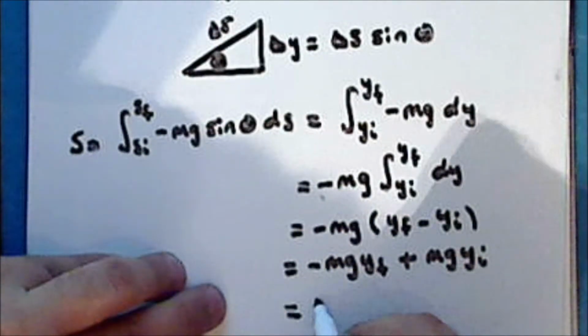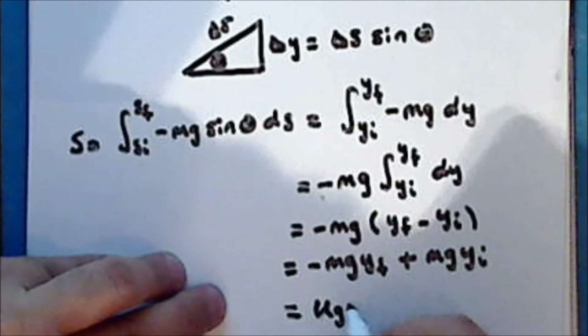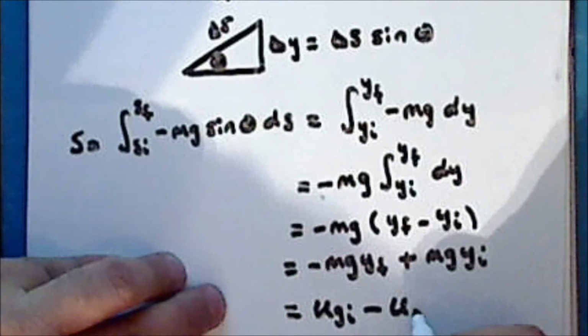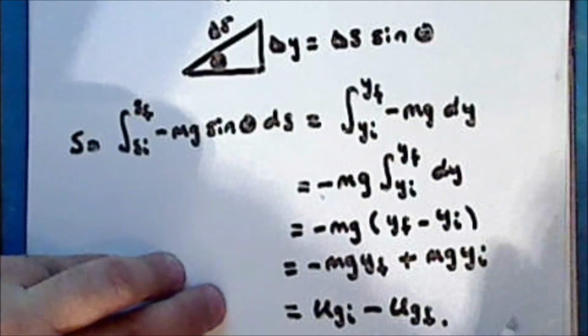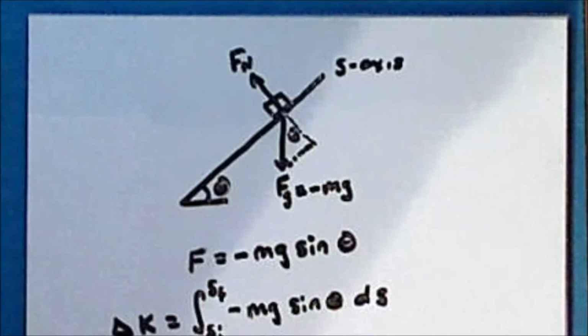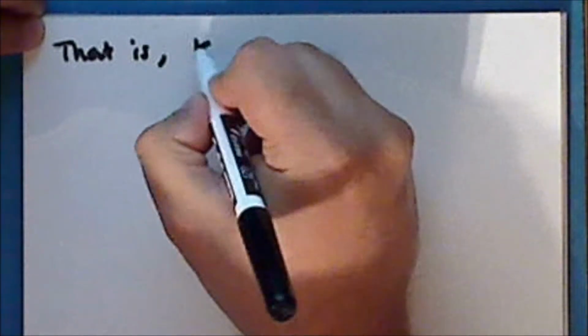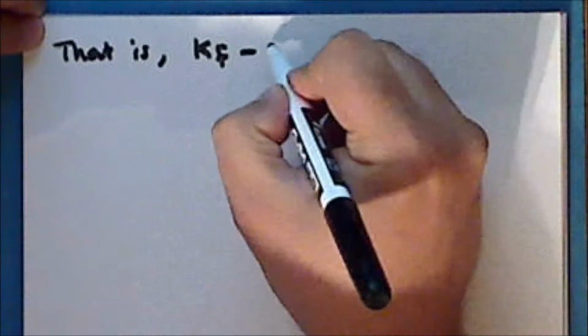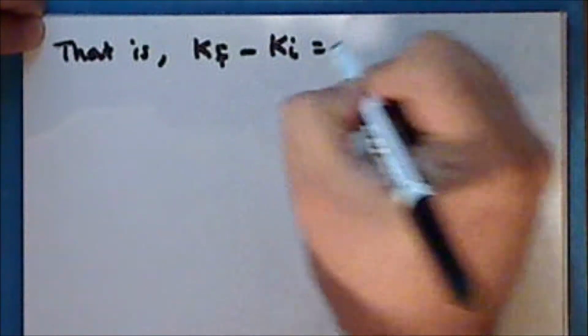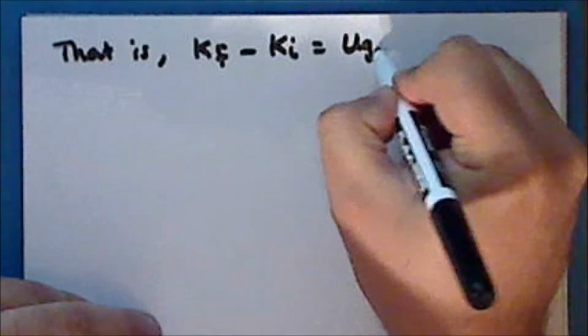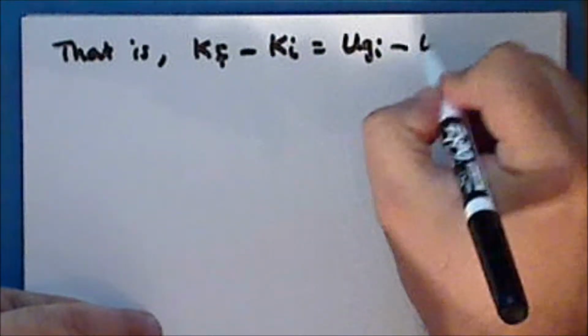And this is the same as the initial gravitational potential energy minus the final gravitational potential energy. That is, the final kinetic energy minus the initial kinetic energy is equal to the initial gravitational potential energy minus the final